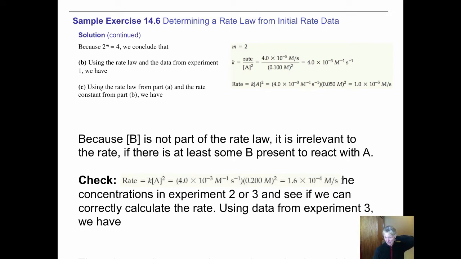So if the rate is equal to k times the concentration of A squared, you can resolve your equation to solve for k and pick the rate from a trial, in this case experiment 1. You have your concentration from experiment 1, and notice these interesting units. That's per molarity per second, M to the negative 1, s to the negative 1. Once you have a rate law and a rate constant, now you can pick the concentration from any trial,